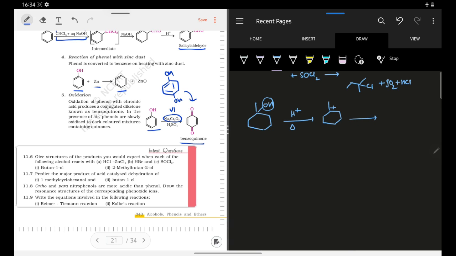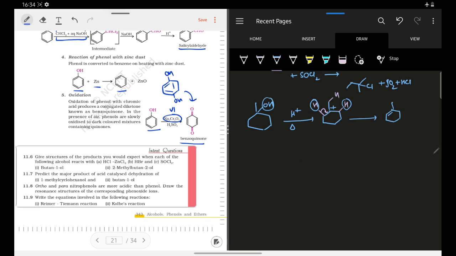One important thing here is that as we have to do elimination, we need to make the most stable alkene. Here this hydrogen can be released, this hydrogen can also be released, and this hydrogen can also be released to form the alkene. Now I will remove this proton only. Why? Because the alkene formed will be the most stable one, and the product obtained would be this one, right. All the other alkenes that you will form will actually be the same, from this proton and this proton.